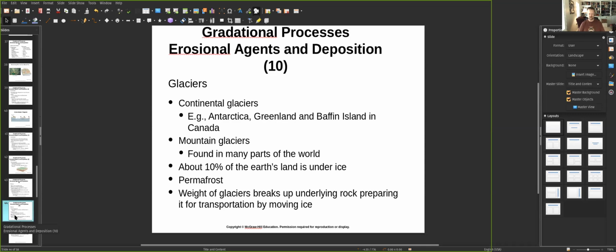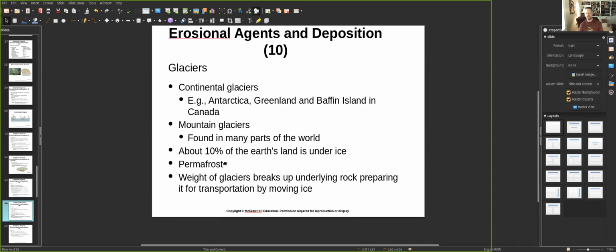So roughly about 10% of the Earth's surface is under ice. The biggest issue is that back with the Ice Age, and at the end of the Ice Age, there were these periodic movements, where the glaciers would advance and then they would retreat. And it's that advancement of a glacier and the retreat of those glaciers that creates a lot of landform features